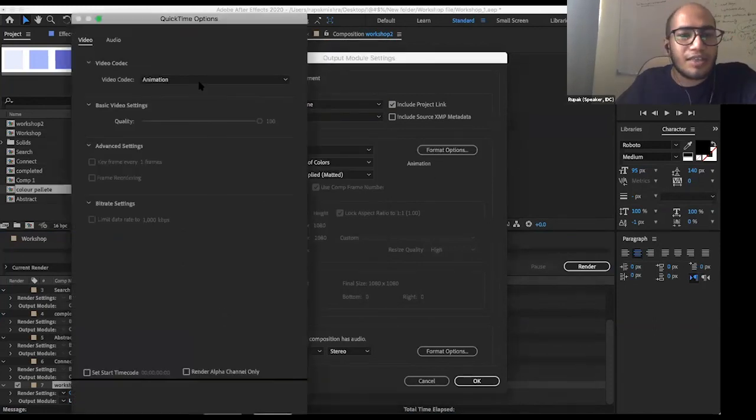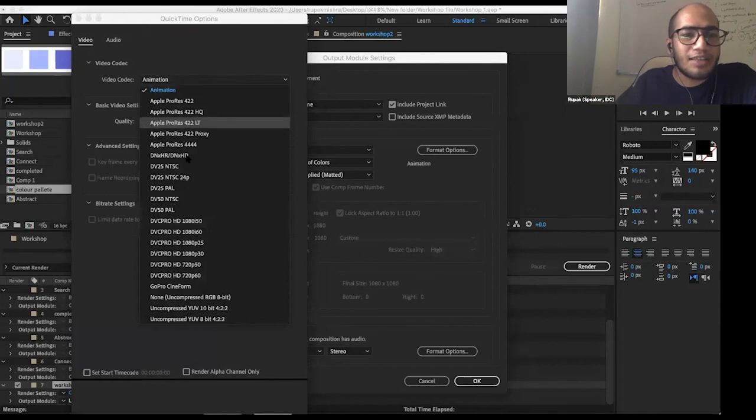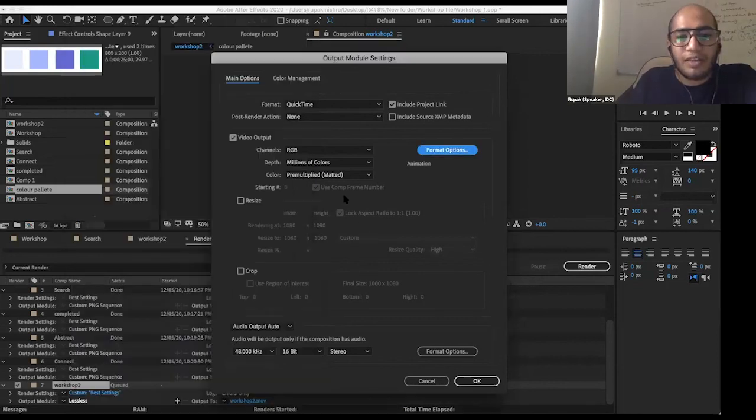Here are the different video codecs. I don't think you will require any of them. If you require, you can select from it, but these are more complex. I always go with animation, keep it simple, and I think it's okay for this.